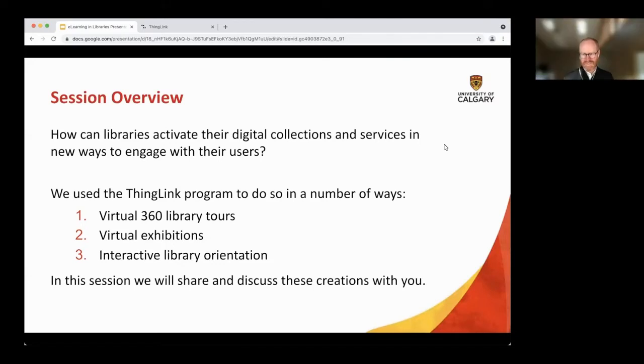So the starting question for this presentation is all about how libraries can activate their digital collections and services in new ways to engage with their users. We're all located at the Taylor Family Digital Library, and so we think about this quite a bit. And our presentation is going to talk about how we used a particular program to do this in a number